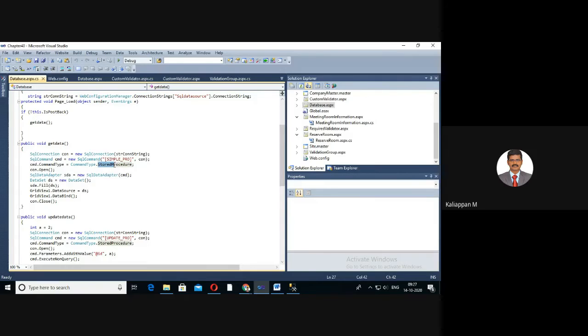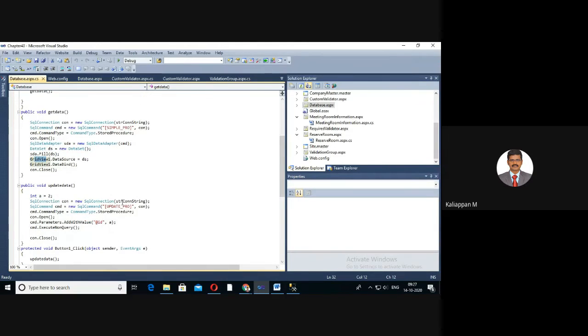We need to set the stored procedure property in the command object. Then we need to create a SQL adapter. Using that SQL adapter, we fill the output records into the dataset. Then we assign the dataset reference to the GridView control.